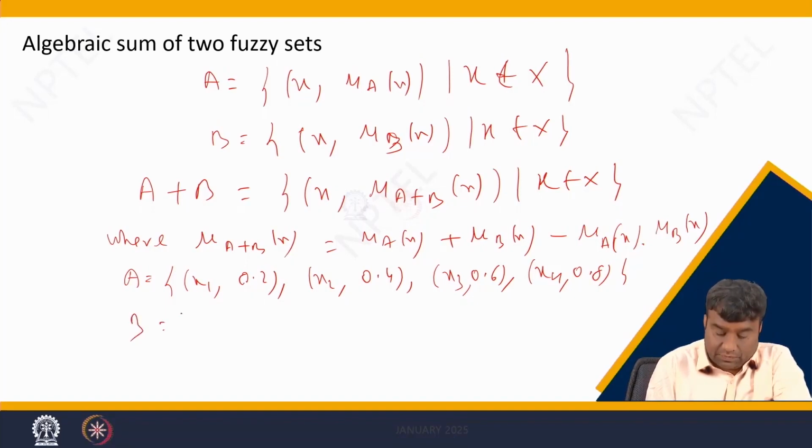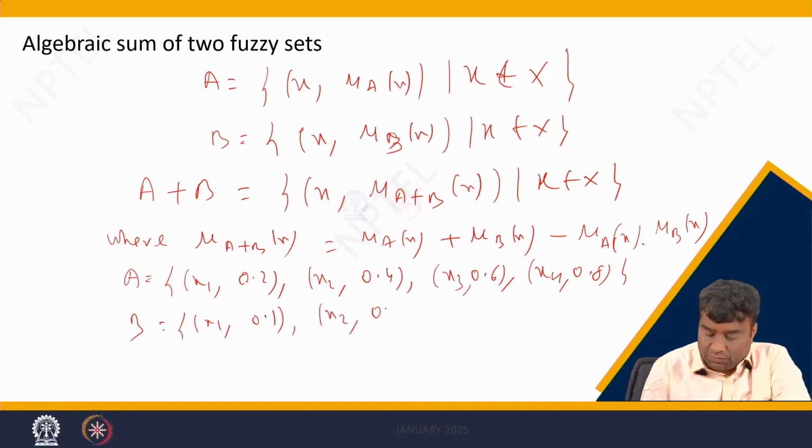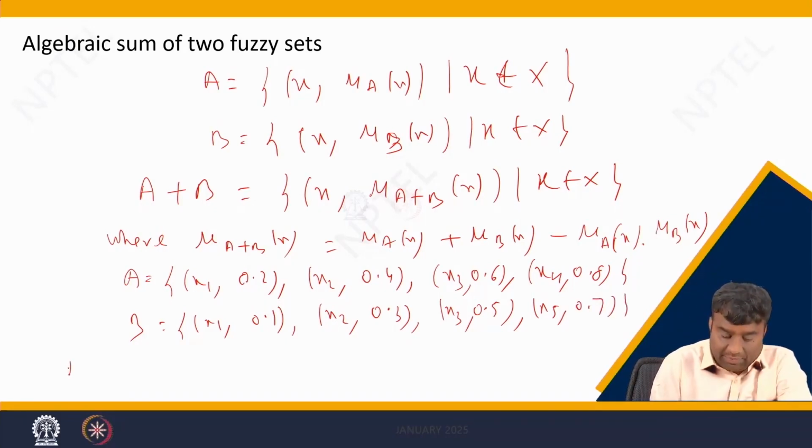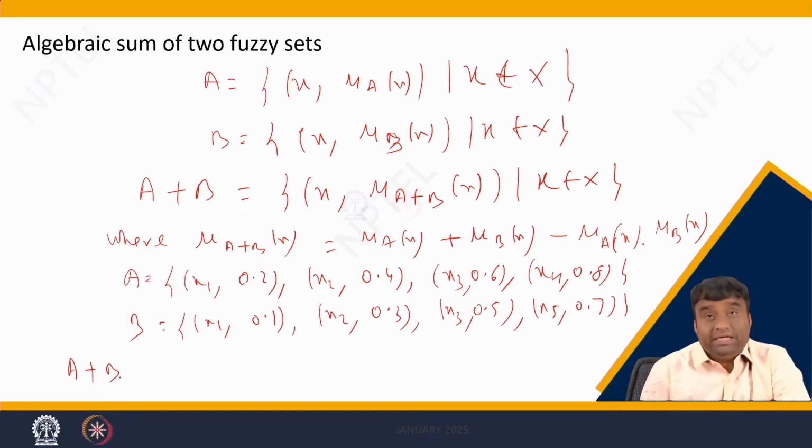B is x1 0.1, x2 0.3, x3 0.5, x4 0.7. So here A plus B, the algebraic sum of the fuzzy sets A and B, is equal to